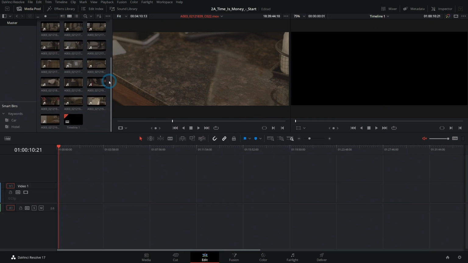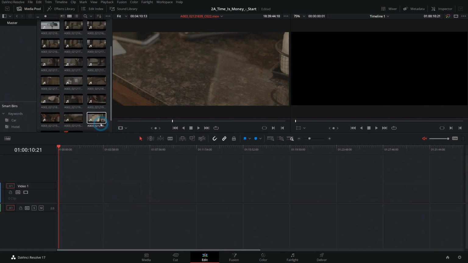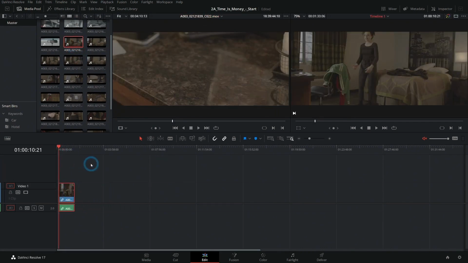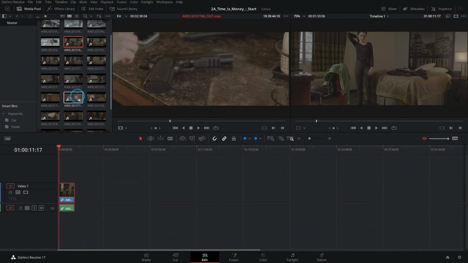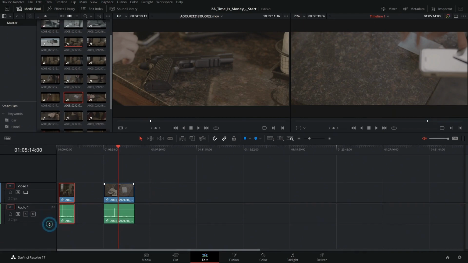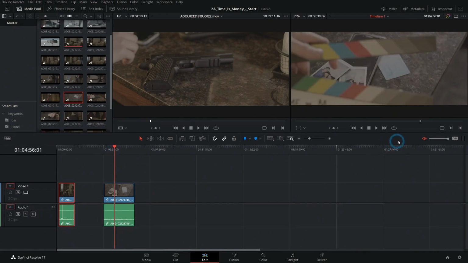So like I said, normally we could just start editing and throwing things into the timeline, finding whatever shot we want to start with first. So if it's maybe this first shot, and put that into our timeline and kind of start building a story here, right? So we have our phone shot, and we could kind of put this in sequence. And there's nothing really wrong with that other than we don't have our audio synced yet. And so right now, this audio,